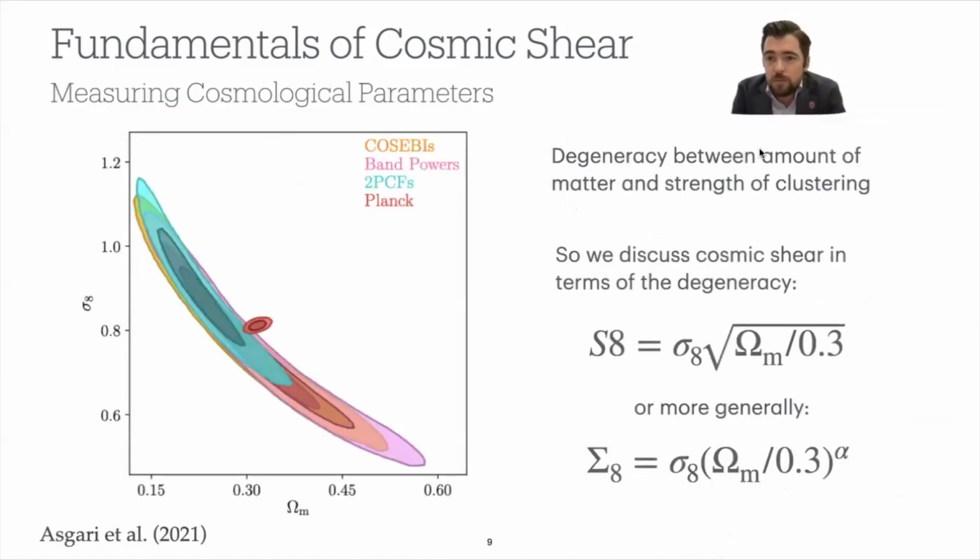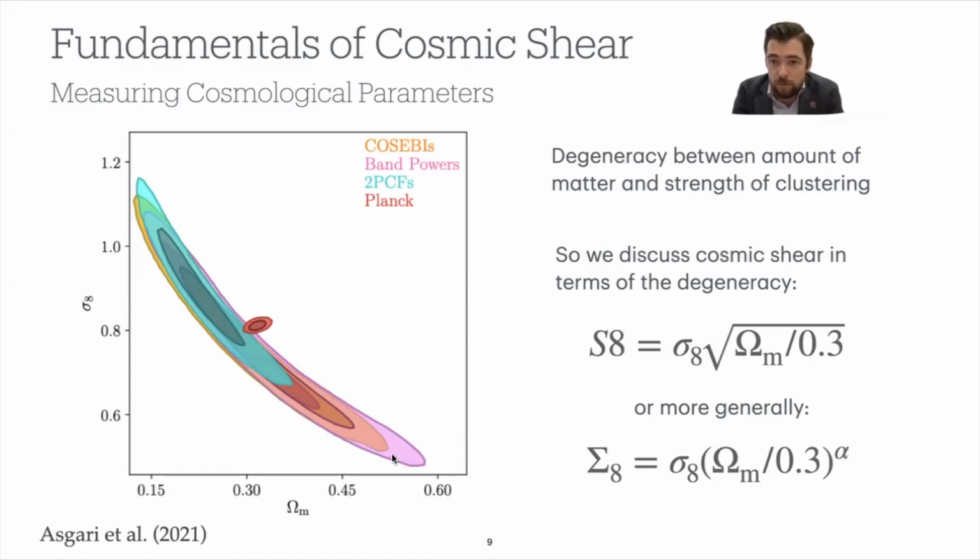When we do this measurement, we're able to then estimate, in particular, clustering strength and amount of matter in the universe. Those two parameters are quantified by what's called sigma 8 here, clustering strength or the amplitude of fluctuations of dark matter, and the capital omega m, the amount of matter in the universe. And you can see that that measurement that we make produces a strong degeneracy between these two parameters. That is, if we have a small amount of matter in the universe that is densely clustered, or a large amount of matter in the universe that is weakly clustered, we see the